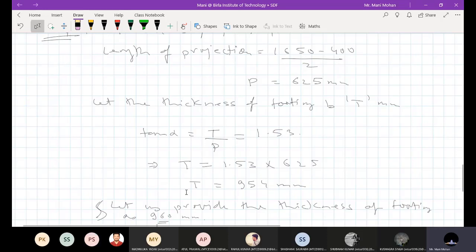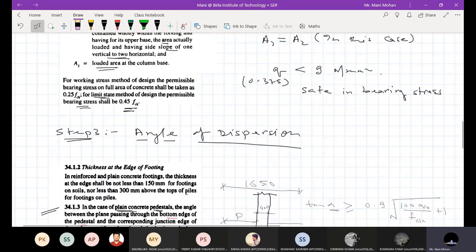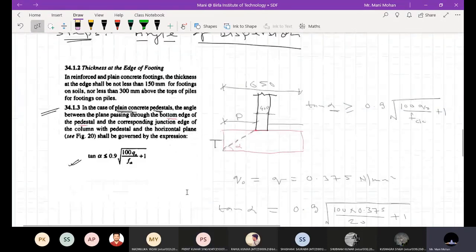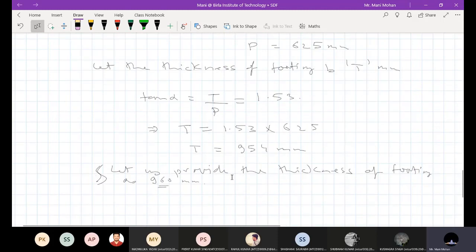Sir, increase the width. Increase the width of what? Footing. Yes, sir. Okay, so here you see, if I increase the width of the footing, my projection is going to increase. Please understand. If I increase this width of the footing, my bearing pressure is going to be less. So I don't have any problem. But my projection is going to increase. If my projection increases, what can you see in this relationship? Projection times this angle of dispersion. So basically, I should make sure that my angle of dispersion is less.